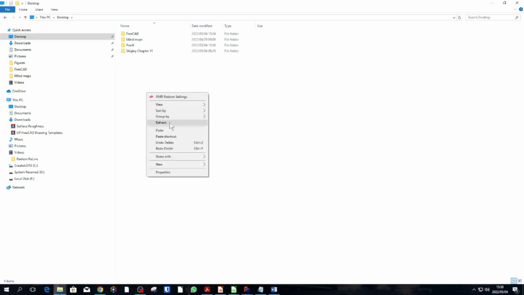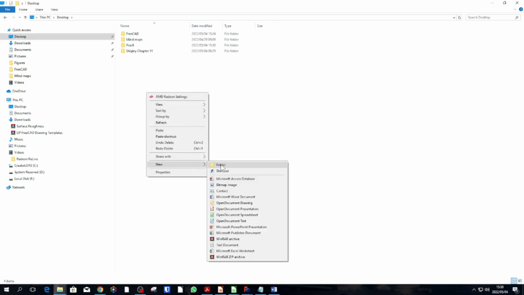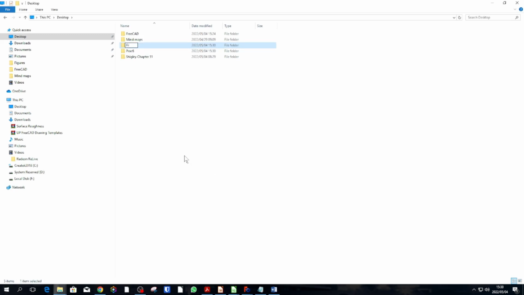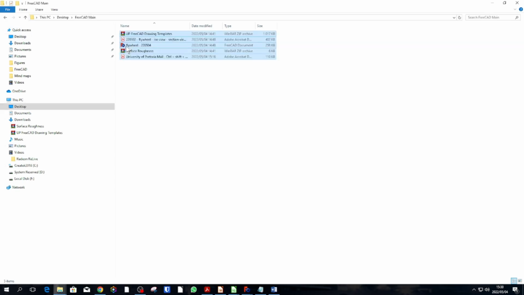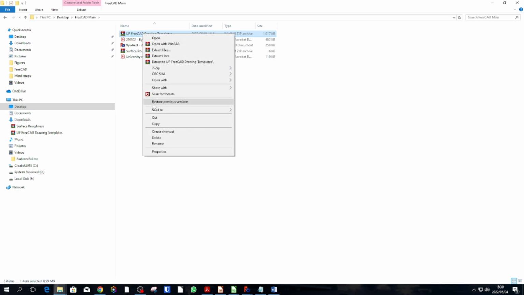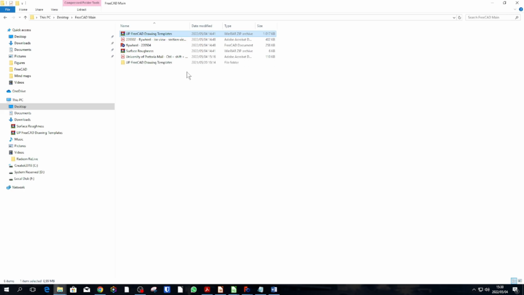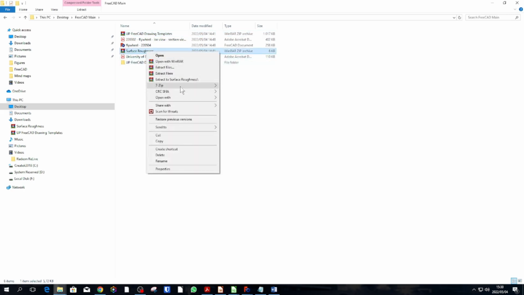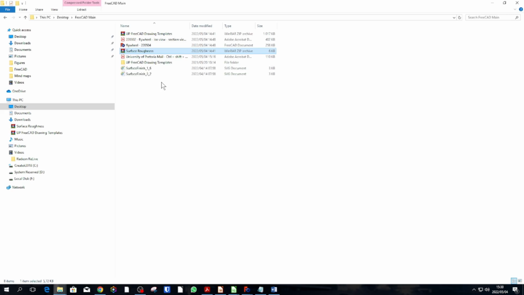let's create a new folder, FreeCAD main if you like. Let's do that and we paste it there. Alright, we will then extract it here. Okay, extract here, surface roughness, and we can now delete